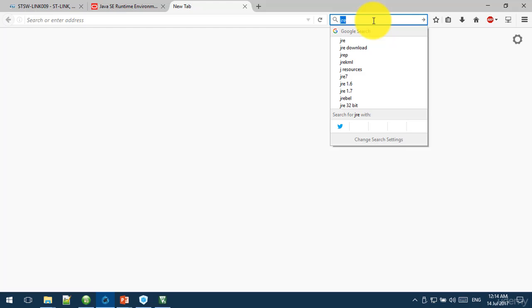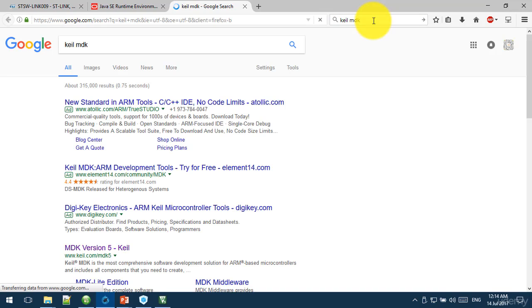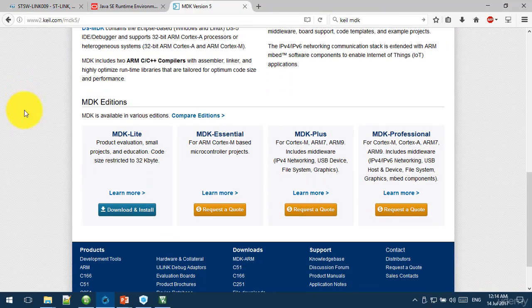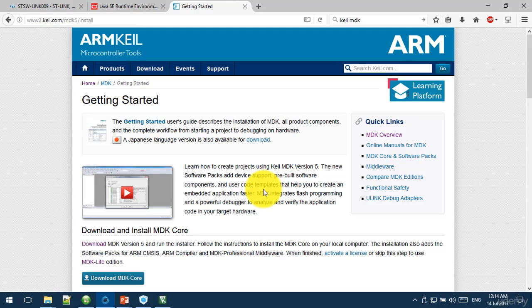To download Keil, you can go to Google and search for Keil MDK. Click this link and click this button to download the MDK Lite version. The MDK Lite version has only a code limitation of 32 kilobytes, but it is enough for all of the projects in this course.